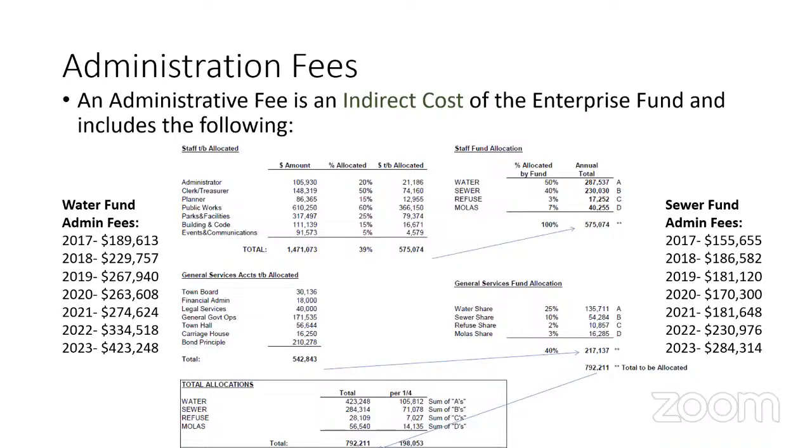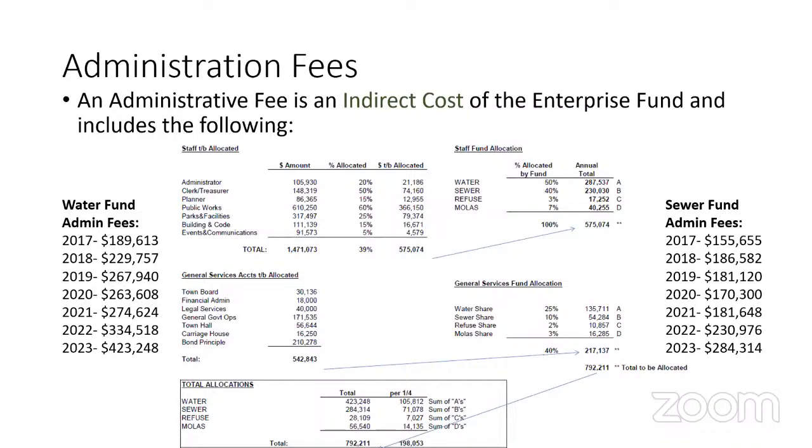So let's talk about the administration fees, those indirect costs that we pay the general fund to use. So this up here is how the administrative fees have been calculated since Mark Garcia put this into place. I don't know what year he was here, but I have talked to him about these administration fees. As you can see, there's a percentage of staff time of general services that go towards water, sewer, refuse.